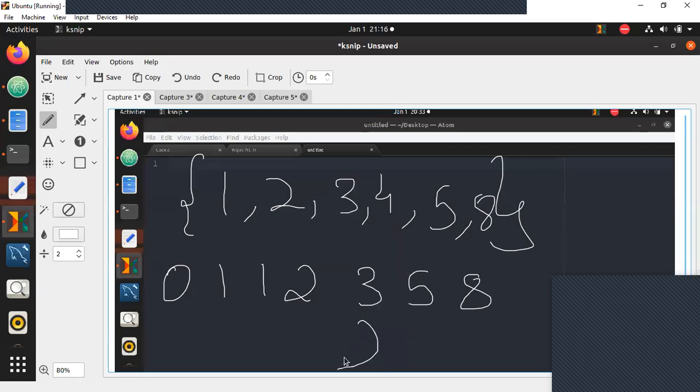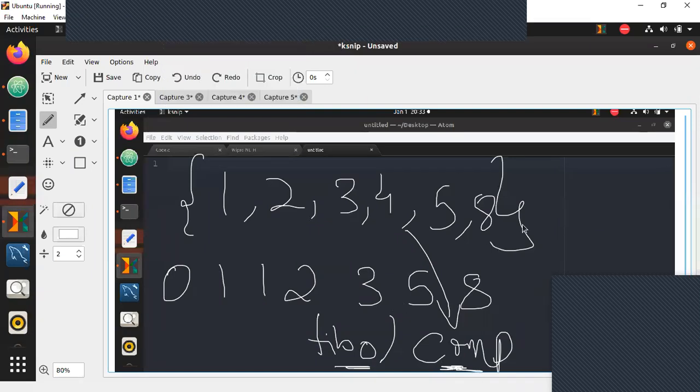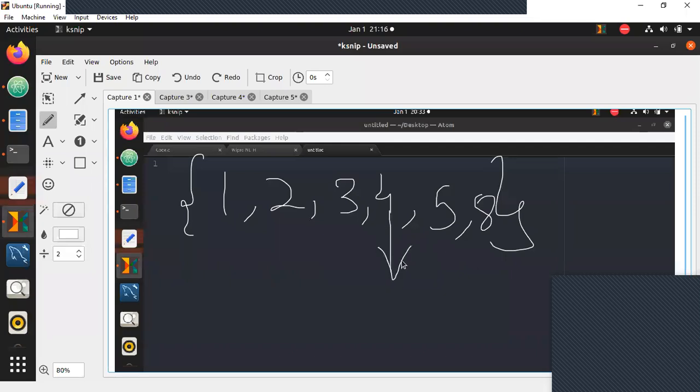You need to follow two conditions. All the numbers in this array, you need to check whether they are composite and whether they are a part of Fibonacci series as well. If it is composite as well as a part of Fibonacci series, only then you select that number in the new array. Is that clear? Only then you're printing it on the screen. That's the idea. So here 4 is composite, but it's not a Fibonacci number.